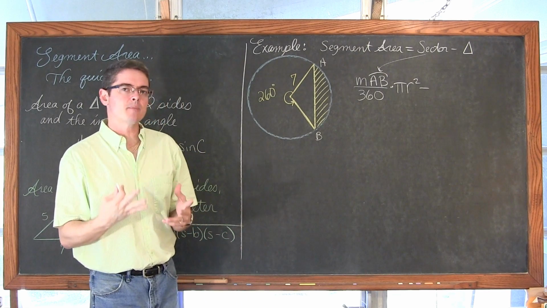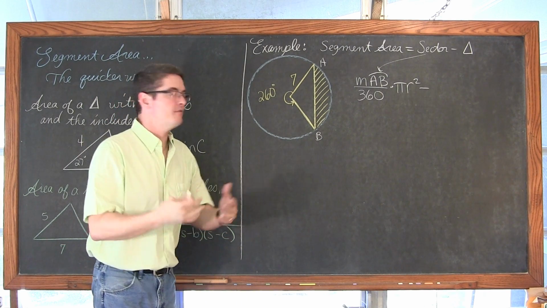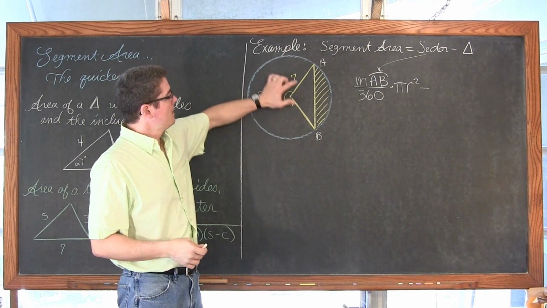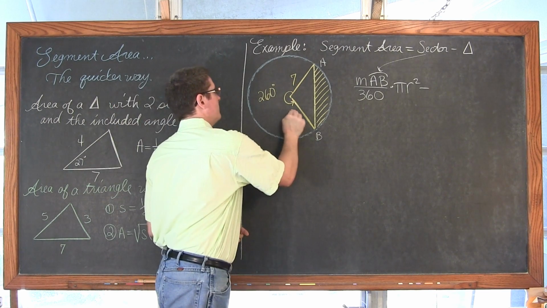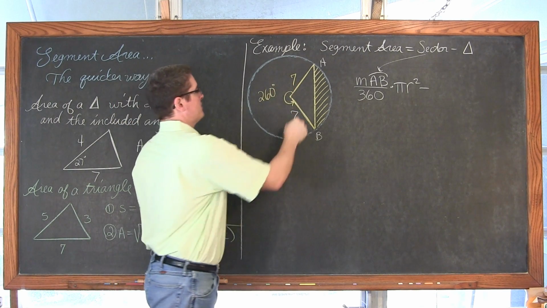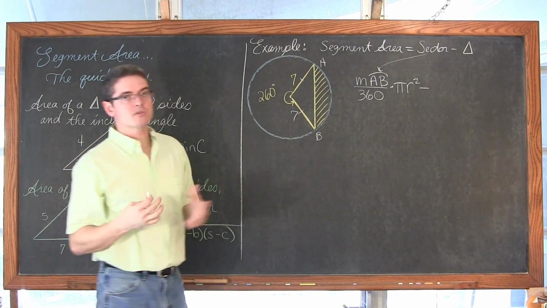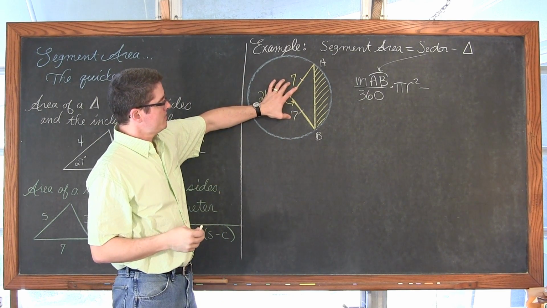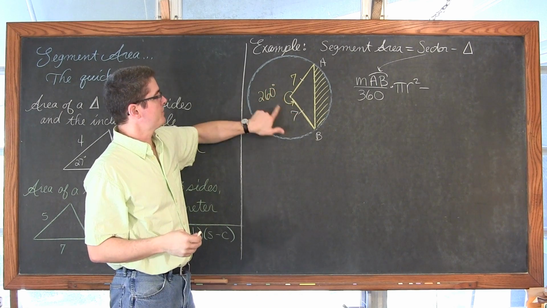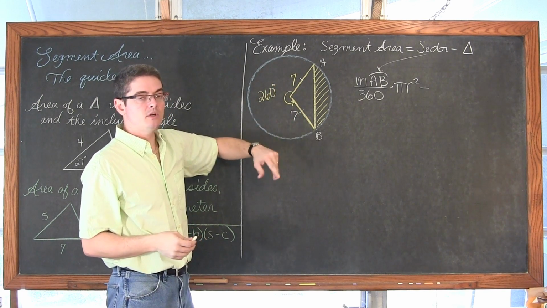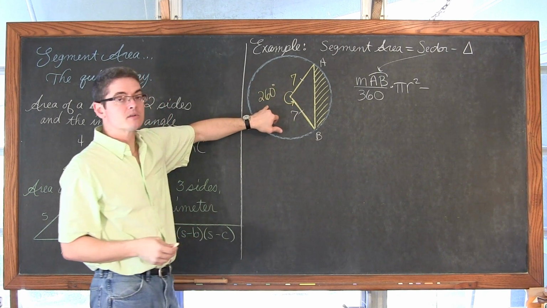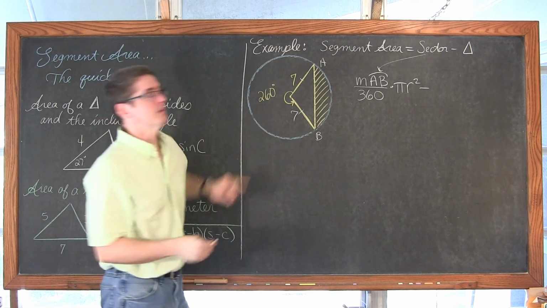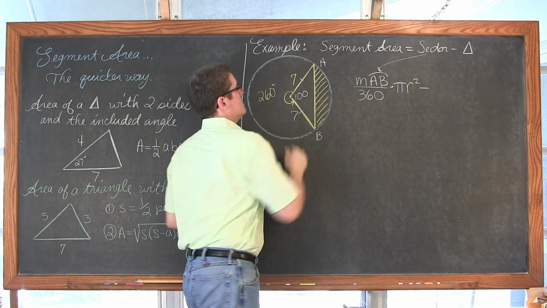Well, now here I'm going to skip all that work I did in my previous introductory video. I want to find the area of this triangle. Well, one side is 7. The other side is 7 because these are both radii of the circle, and the angle included between these two sides, well, 360 degrees is what you rotate inside a circle, and 260 are already taken up. So 360 minus 260 is 100.